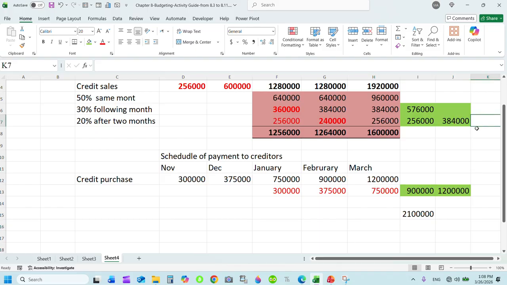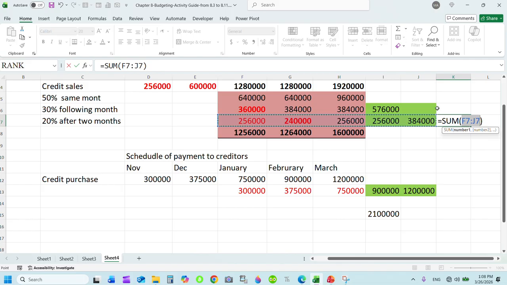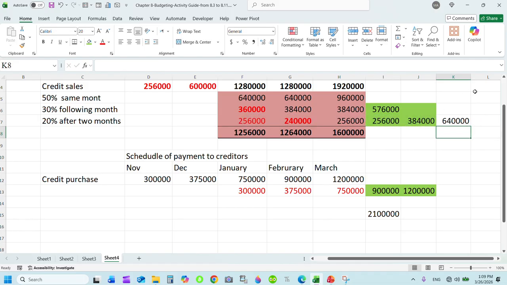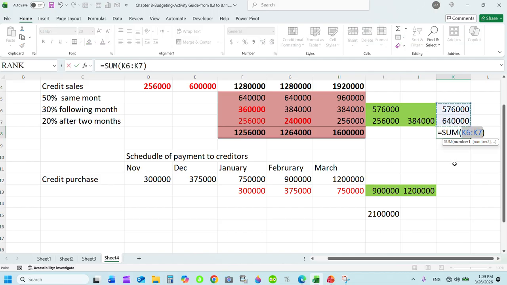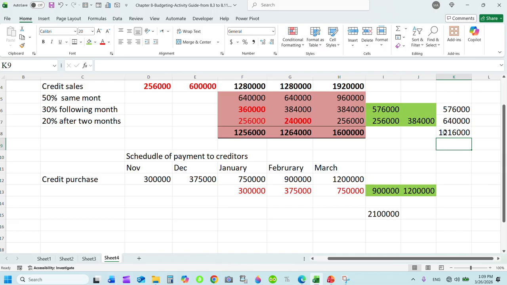And these debtors represent your 1,216,000. It represents your trade receivable. So using this information,